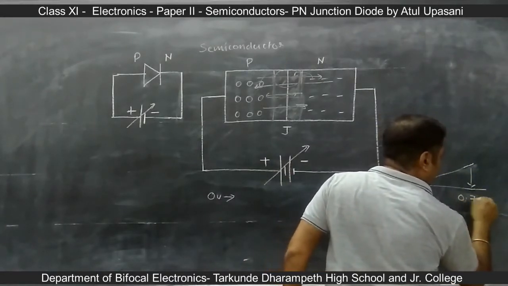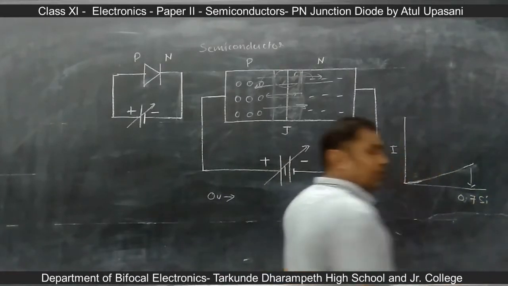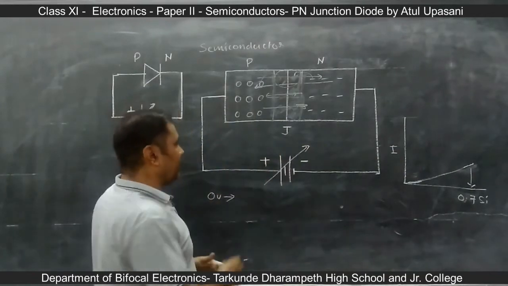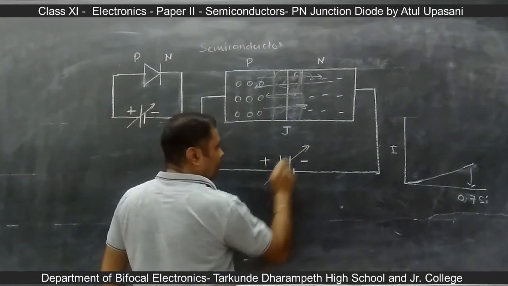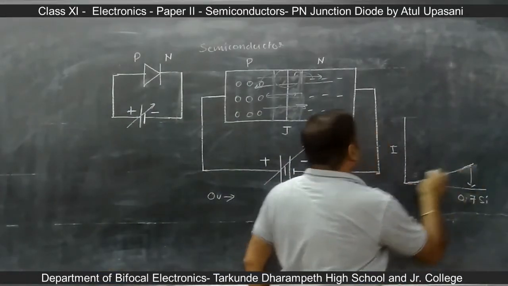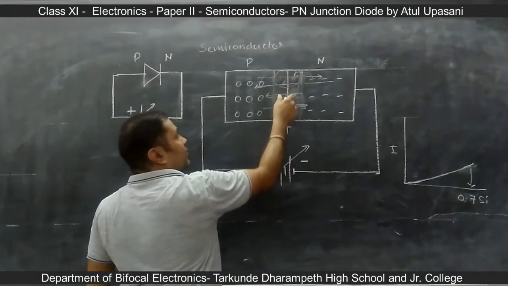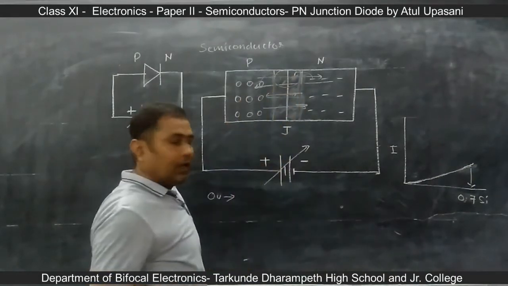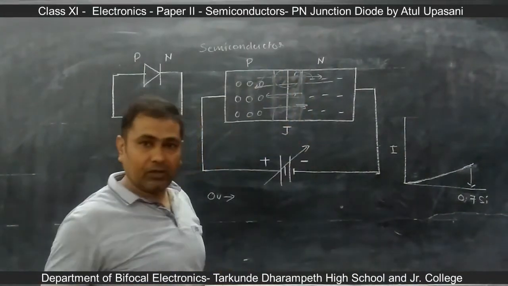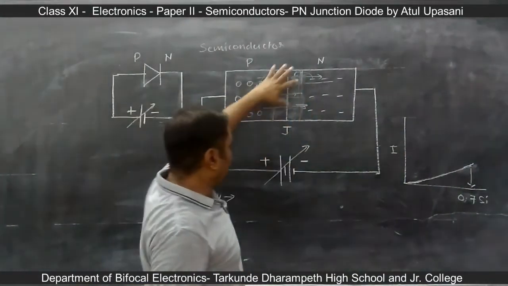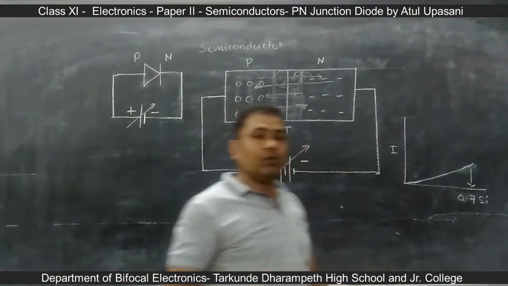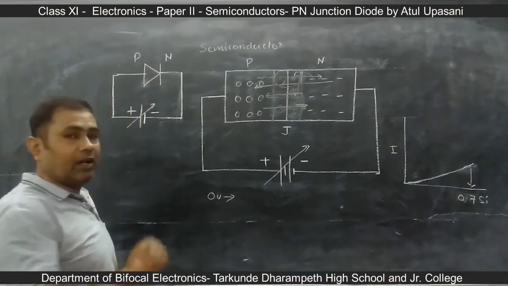And in case of silicon, the barrier voltage is 0.7 volt. So in other words, if you increase the voltage from 0 to 0.7 volt, there is a slight increase in the current because slowly, one by one, some pairs are vanishing, and at 0.7 volt all pairs are vanished because of the recombination. So these ions are removed at 0.7 volt. So that is why this voltage is called the forward breakover voltage for silicon.